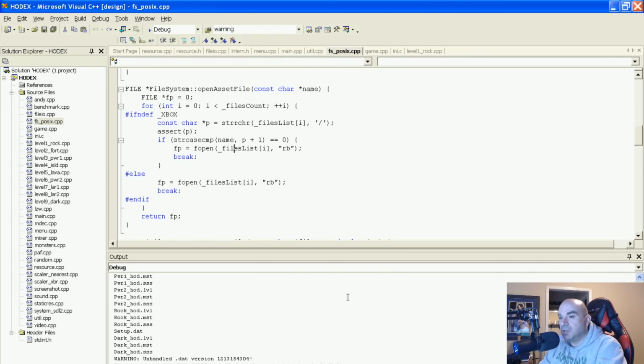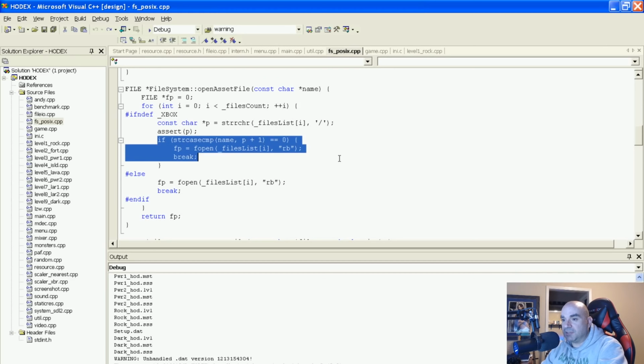Now, I went a little bit too far ahead here, because essentially what this is doing is saying, for each file in the file count in this list of array, open up I. Now the problem is I is always going to be the first file in the list, which is not the file that we want. This piece of code here is doing a case compare